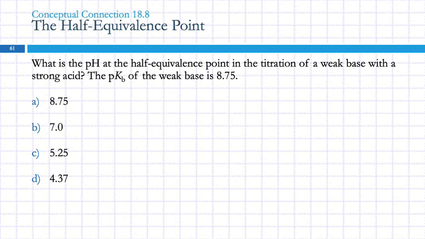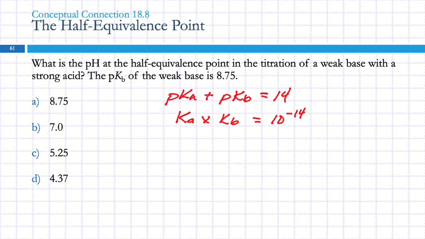I don't get it. Okay, so pKa plus pKb equals 14, because Ka times Kb equals 10 to the minus 14. And at the half equivalence point, what is special? So at the half equivalence point, we're not going to do anything with the number 2. But at the half equivalence point,